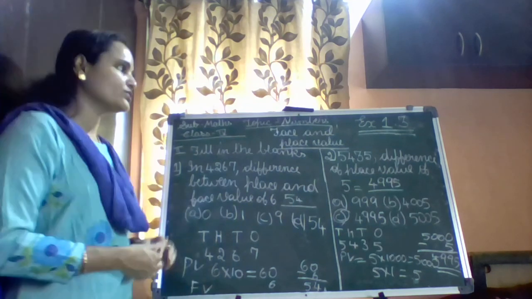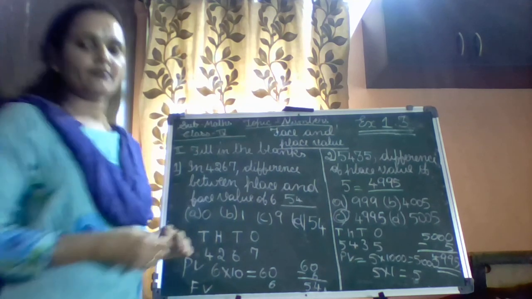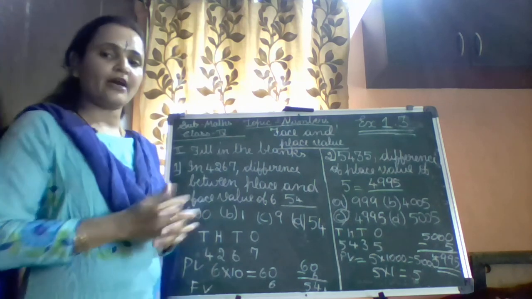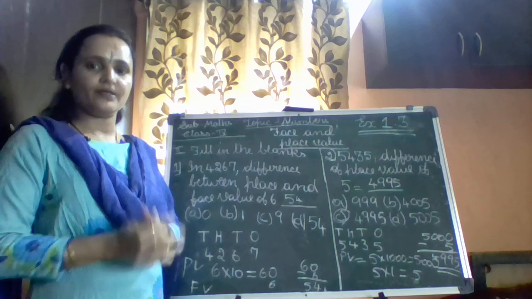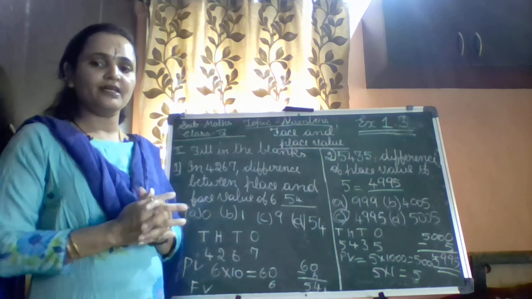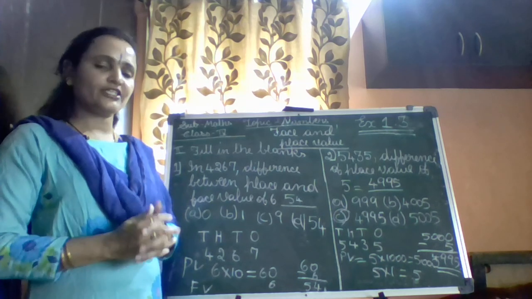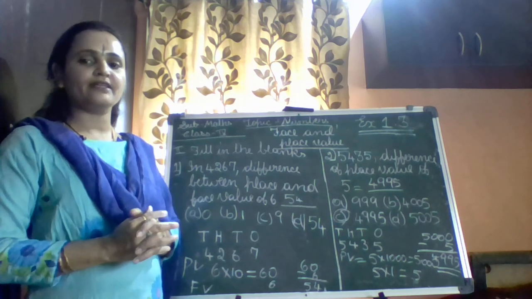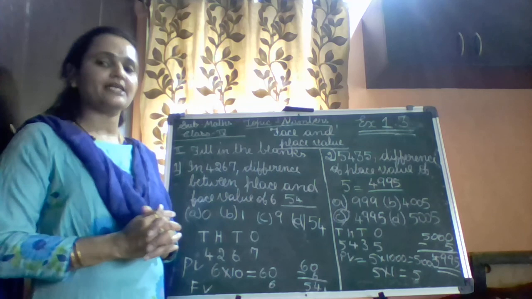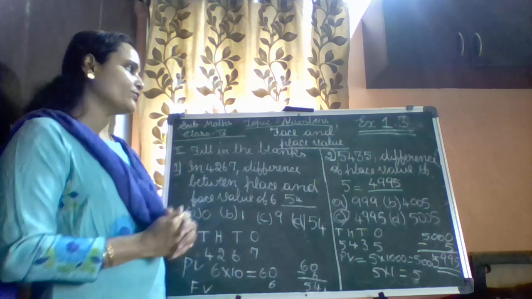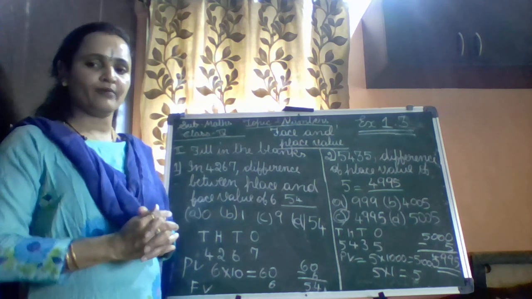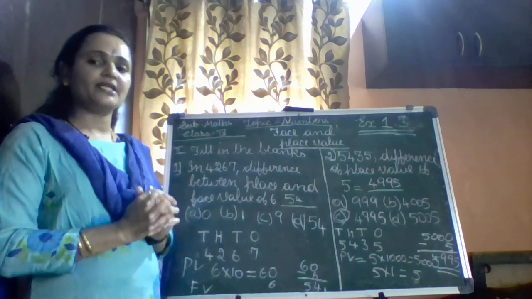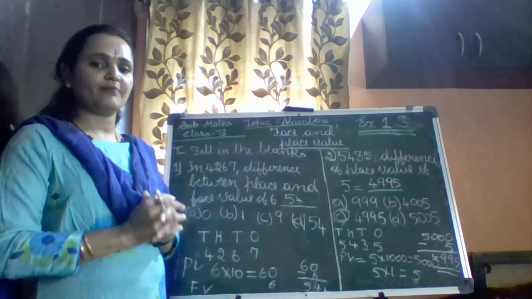So this is how you do the sum. Now in this particular class, I showed you how to write the succeeding number and preceding number, and how to write the middle number when two numbers are given, and then I showed you how to expand the number when the number is in standard form, and how to write the number into the standard form when you are given an expanded number. And then I told you what is the face value and the place value of the number. The place values are ones, tens, hundreds, thousand. The face value will be whichever number they are asking for.